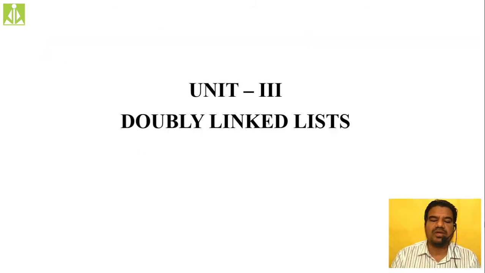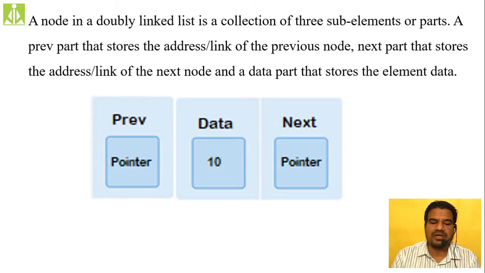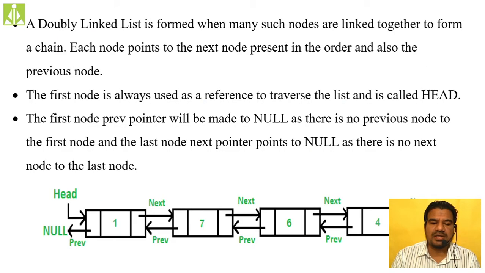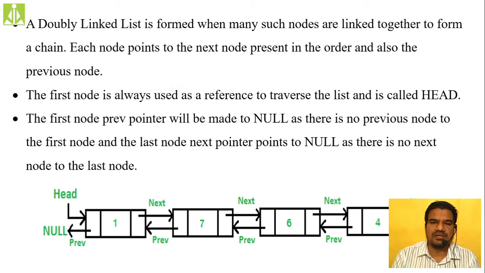So yeah, the doubly linked list definition, then the node representation, and the complete doubly linked list with a chain of nodes, where we set the first node's previous pointer and the last node's next pointer to null, isn't it? Going to point to nothing, so we'll have null.